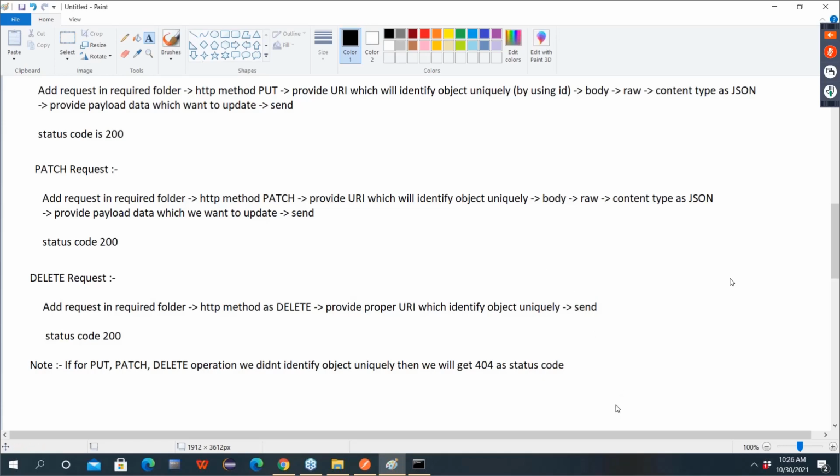Okay. So guys, now see, this is all about get, post, put, patch, delete operations. Okay, whole CRUD operations through Postman.